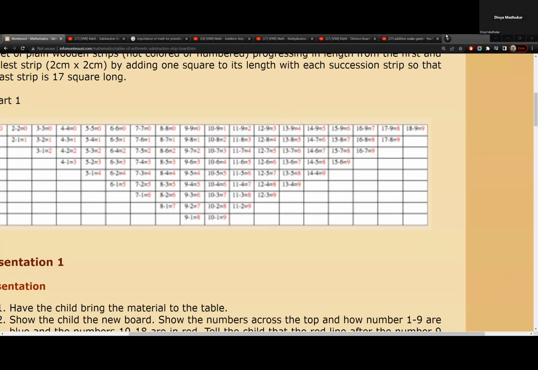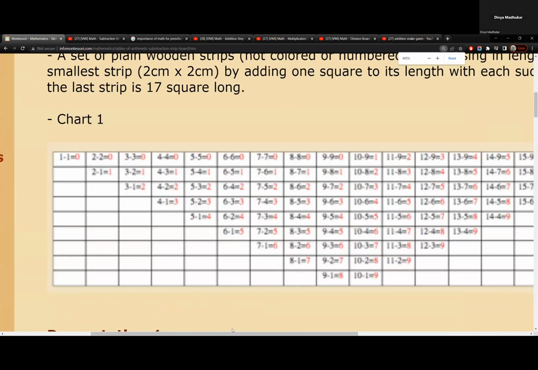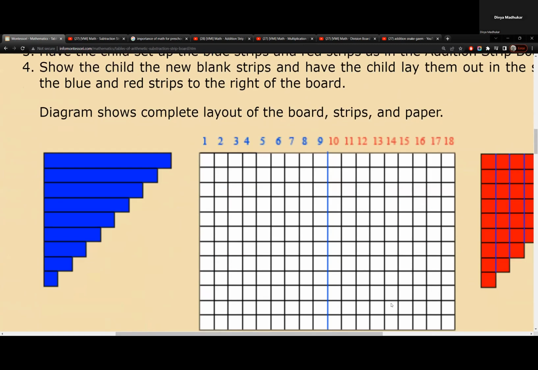Yes, this is our reference chart. This is the reference chart that we have for our subtraction exercises. We give it so that a teacher is prepared about what subtraction statements to give the children initially. It's a large chart that you can give to children. Once they understand these simple exercises, it becomes easy for them to understand performing it in a table. So this is your chart 1.